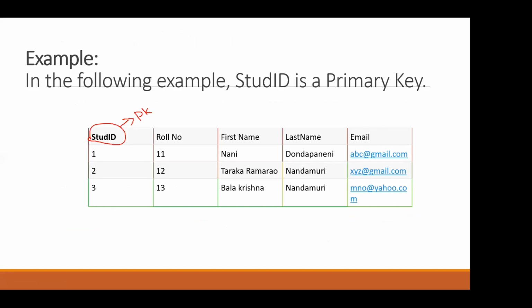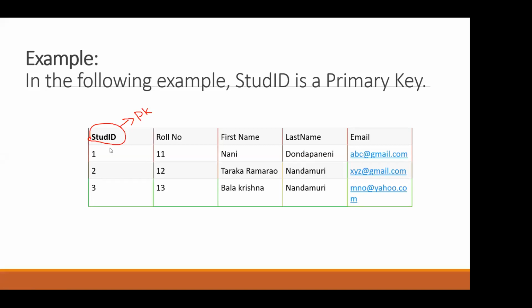See the example here. We have student data: student ID, roll number, first name and email. We have three candidate keys: student ID, roll number and email. These three candidate keys represent the uniqueness of data. Student ID must not be similar for each person. Roll number is the same. Email follows the same principle, differing from one person to another. From the set of candidate keys, I choose one key as the primary key. Here, student ID is the primary key.